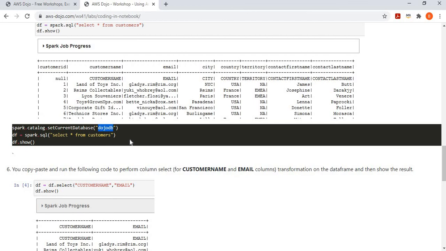And remember, guys, we created DojoDB as one of the databases in the Glue catalog. Then I'm reading data from this customers table, which, if you remember, was the table cataloged using the crawler, and then simply I'm showing my data frame data, which in this case shows the data from the S3 bucket but accessed via Glue catalog.